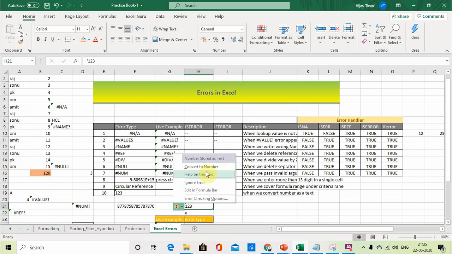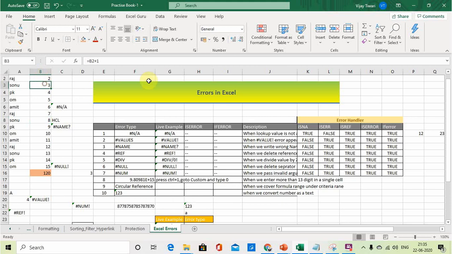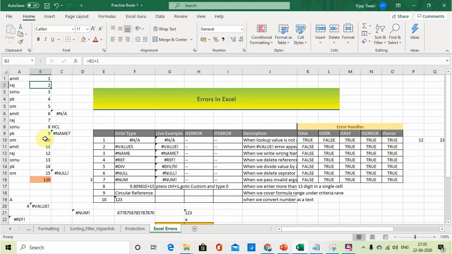So many times it happens that, suppose I am getting the outcome 120 in this cell, and in this one I am entering the values. Let's convert this to value. So the outcome I am getting is 120, but in this cell before 10 I enter this apostrophe and convert it into text. See, the outcome has changed from 120 to 110 because this value has converted from number to text, and it is not considering the value of this 10.